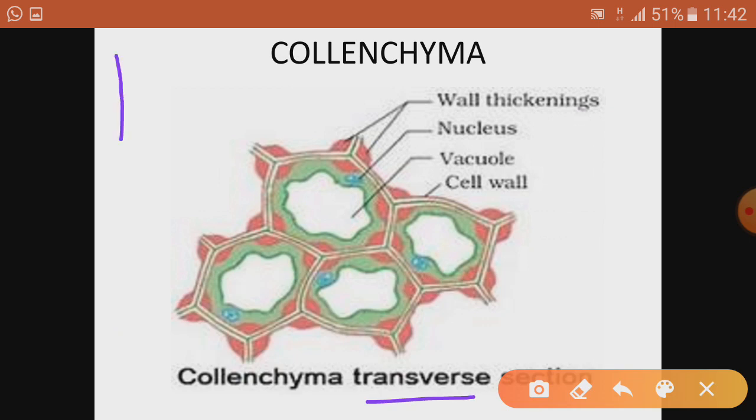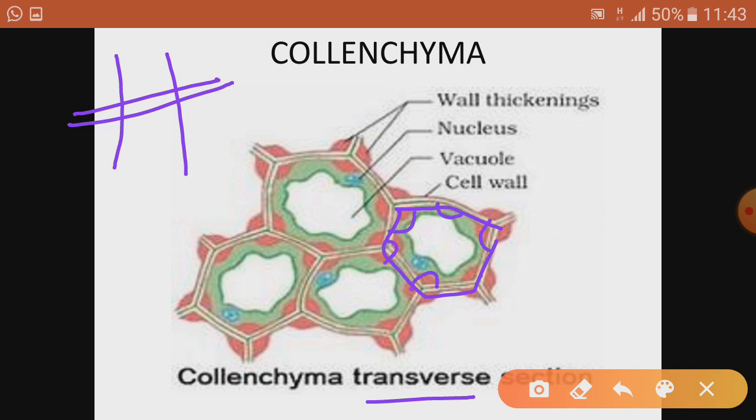For example, this was the stem and they have taken a thin slice of the stem just to get the internal structure of the tissues which are present in the stem. So, this is the transverse section and the collenchyma picture. You can see here the cells, they have cell wall, and cell wall is thick and most